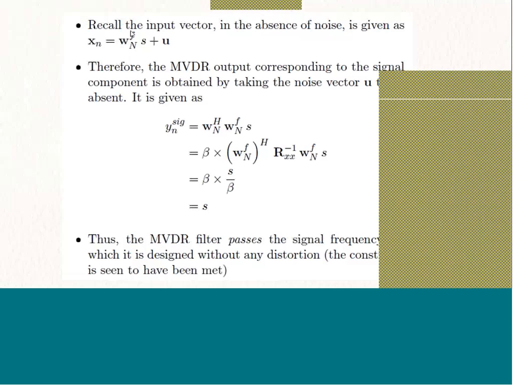Let us consider first a simple case where there is only one complex exponential signal present, which we are denoting by W_n of f, and there is this symbol S. This S is now a scalar. If I multiply the MVDR